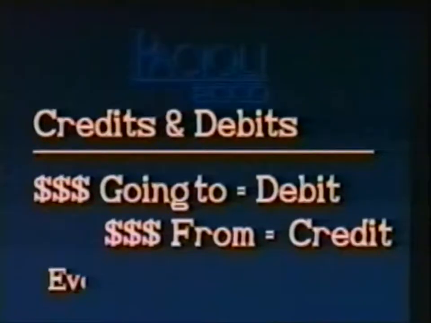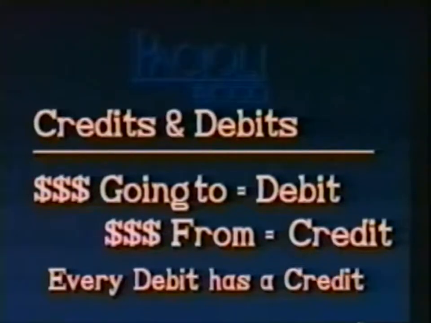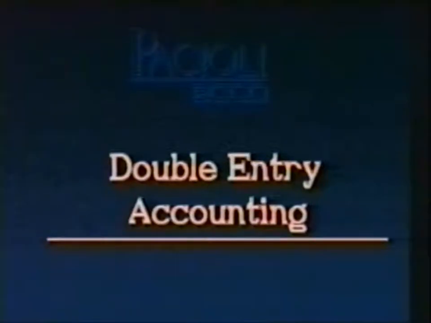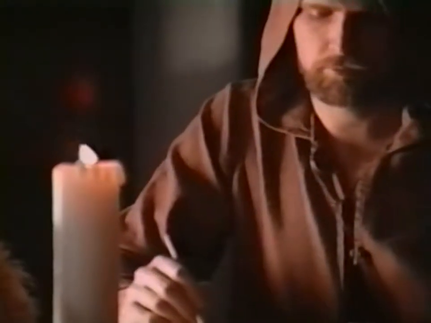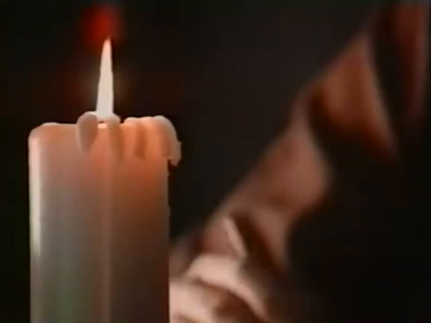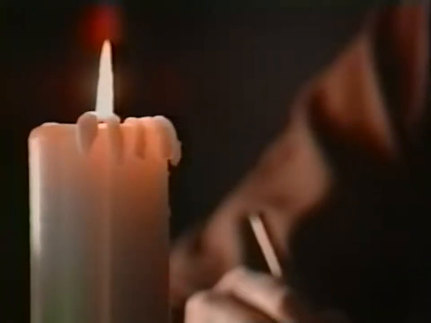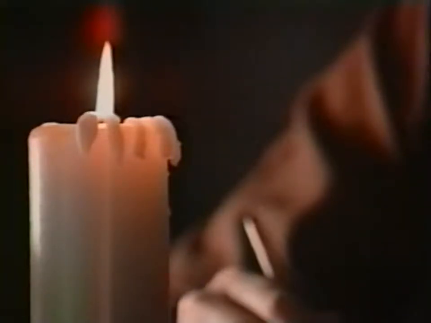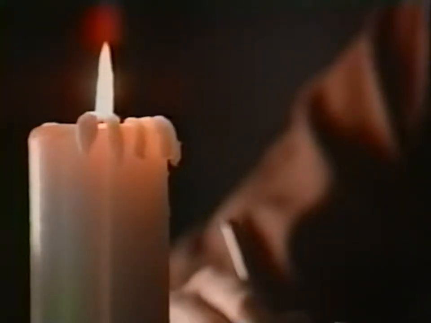Also, remember that every debit has a credit. This process that we've just covered is known as the double entry concept of accounting. Although this seems very logical, it wasn't until the Renaissance that an Italian monk, Luca Pacioli, codified this process. We honor Pacioli for this contribution by naming our software after him. This double entry method is universally used in accounting and helps keep the books straight.